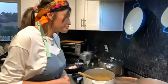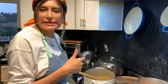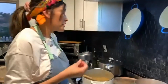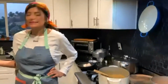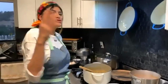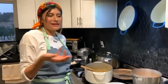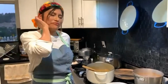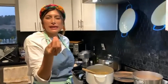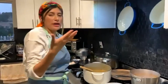The comal, honestly, I'll just wipe it. I don't wash it. I don't put soap in it. That's it. With the molcajete, same thing. I'll just wipe it down with a damp cloth, and then that's it. That's my molcajete. A specific way you can do it is to add a little bit of cal, which is lime,